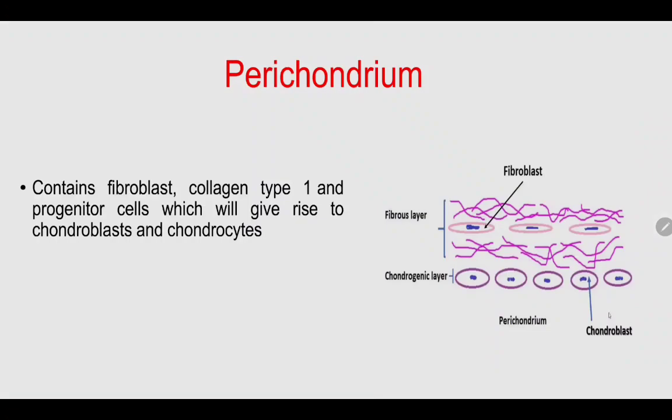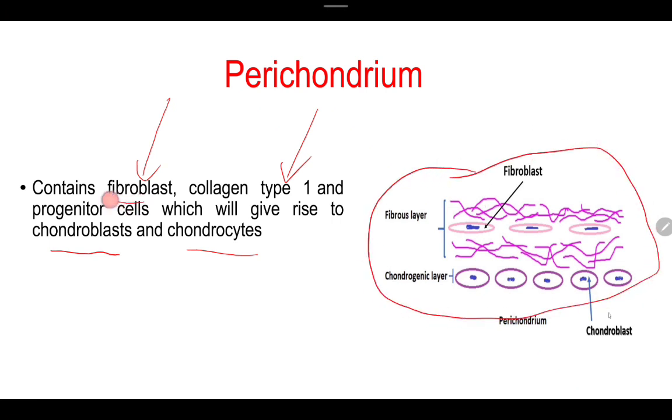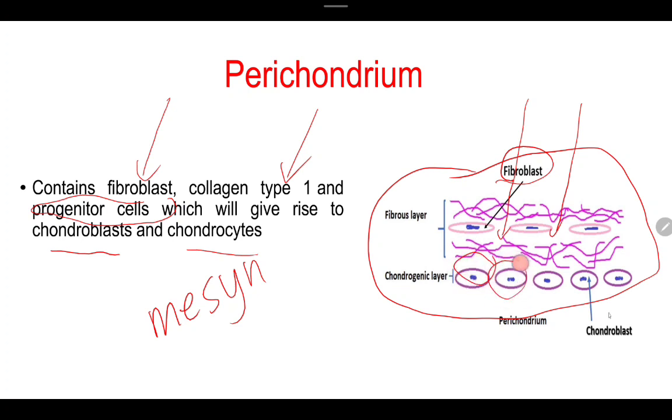Okay? Another thing, your perichondrium, as we all know, it contains fibroblasts, collagen type 1, gaya na nabanggit kanina, and progenitor cells, which gives rise to your chondroblasts and chondrocytes. Okay? So, deep inside your perichondrium, sabi dito, meron daw progenitor cells. Ano ba yung mga progenitor cells natin? You have your mesenchyme, 'di ba? Mesenchymal cells. So it means meron din dito sa ating perichondrium present ng mga mesenchymal cells. So yung mesenchymal cells mo will make the fibroblasts and then they will also make the chondroblasts. Once the chondroblasts are